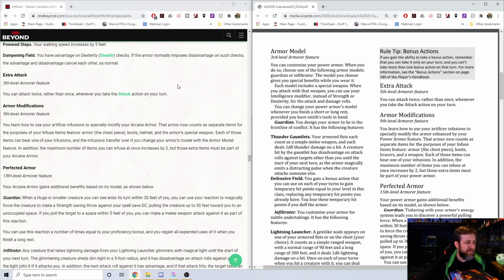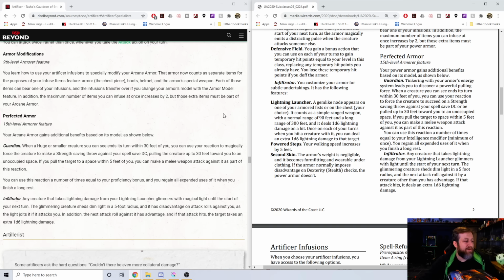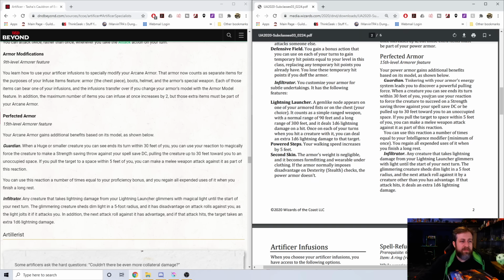They can each bear infusion. Same thing, 2 more, but they have to be part of the armor. And then lastly, perfected armor at level 15. When a creature you can see ends its turn within 30 feet of you, this is for the Guardian, you